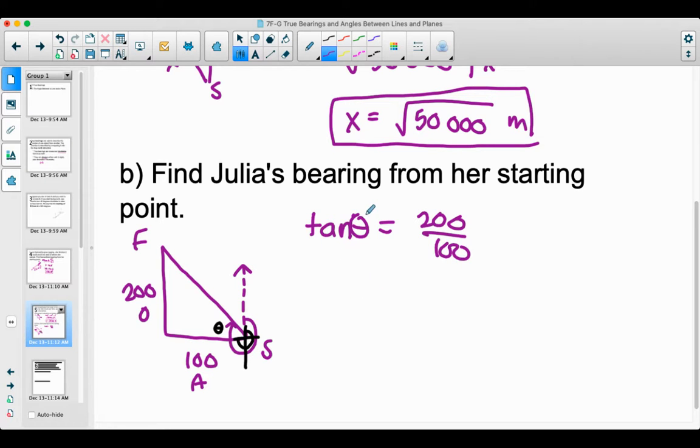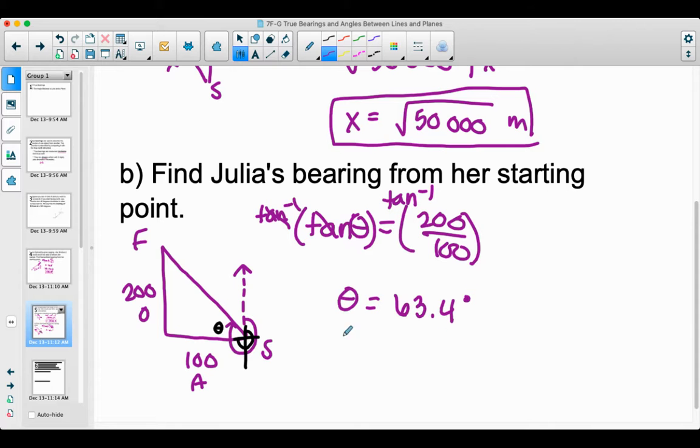as just 2. So we have the inverse tangent on both sides, which gets rid of our tangent. So theta, when we plug that in, is 63.4 degrees. And so we have our 270 degrees plus our 63.4, which gives me a bearing of